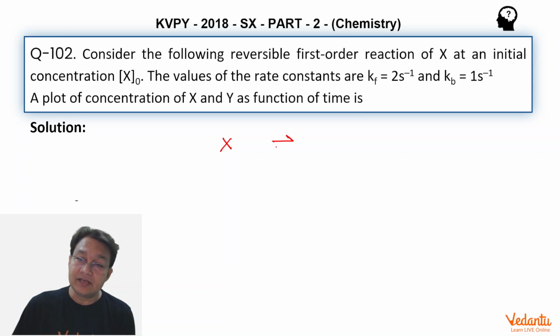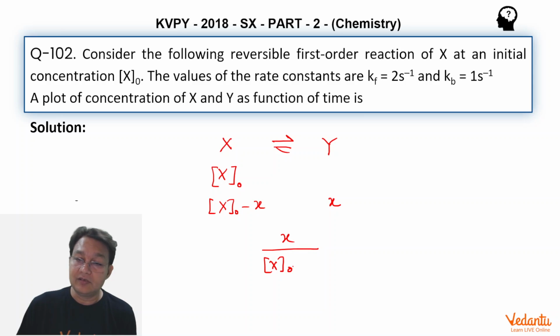X is in equilibrium with Y. We start with X naught, initial concentration. After some time, it becomes X naught minus say x, and this becomes x. So at equilibrium, we have X naught minus x and x. These are the equilibrium concentrations, and this x divided by X naught minus x must be equal to 2 by 1. Why? Because K equilibrium is K forward upon K backward, that is equal to 2 by 1,